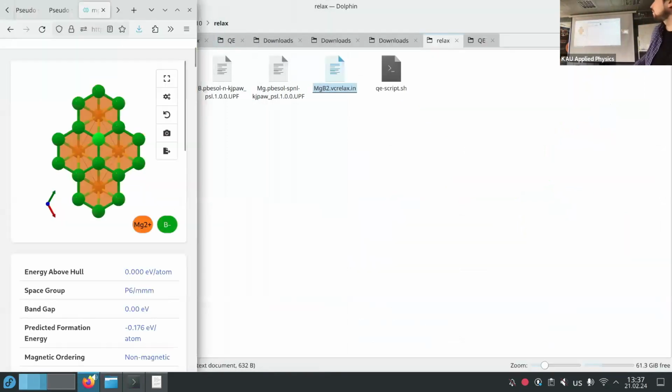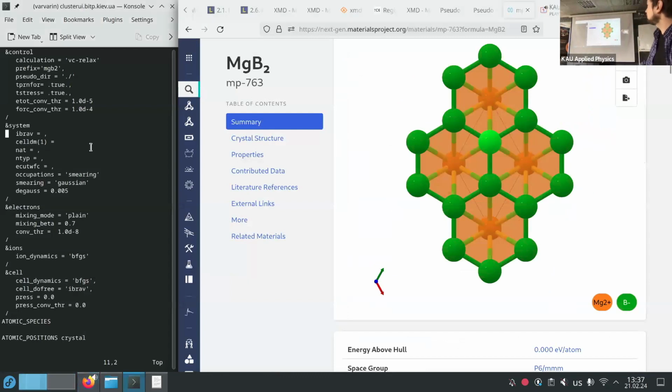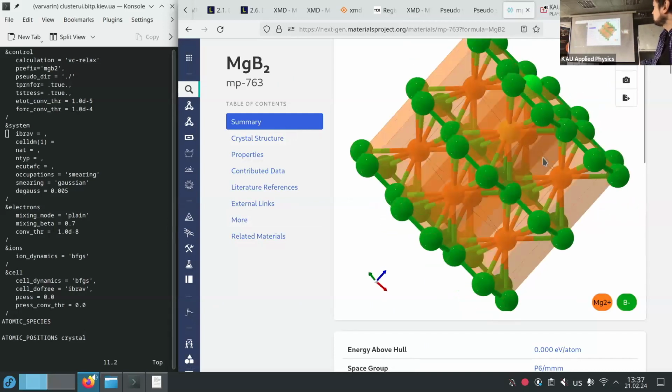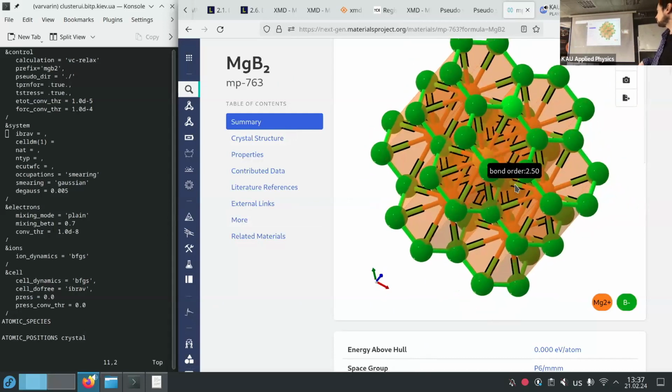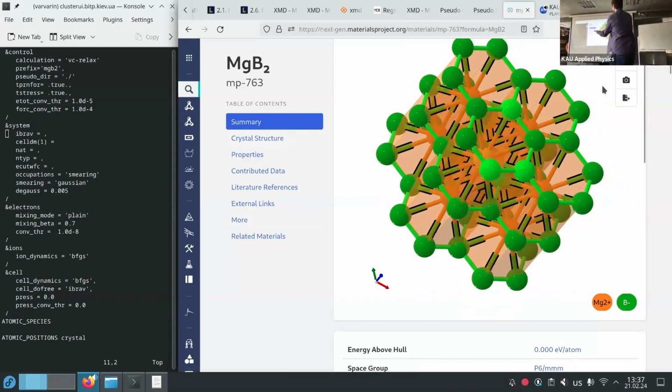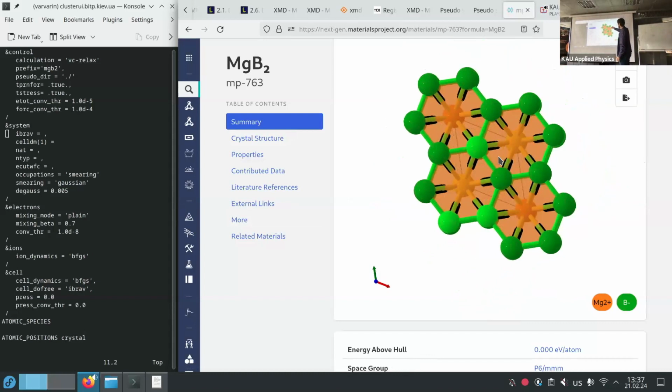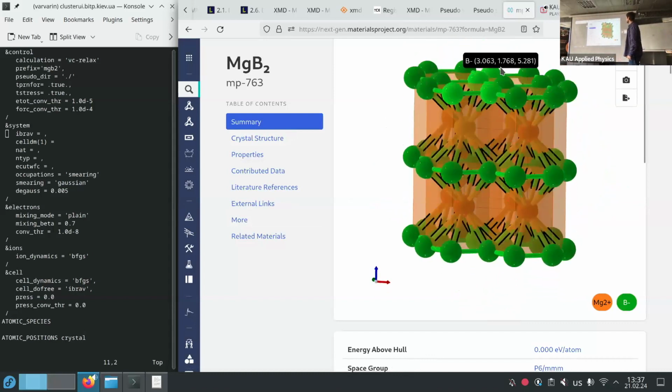So you opened magnesium B2. You can rotate it, and we can discuss some of its structural things. Can you rotate it by 90 degrees? Yes.